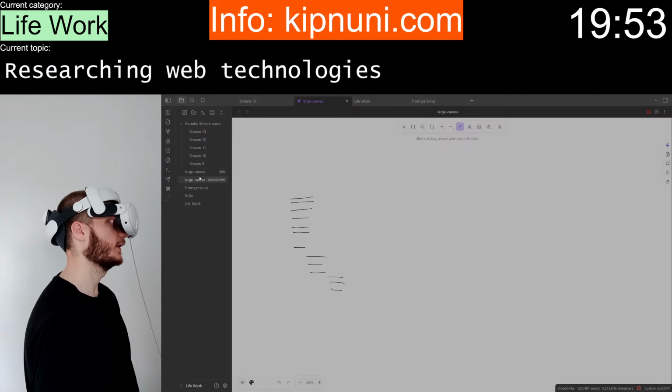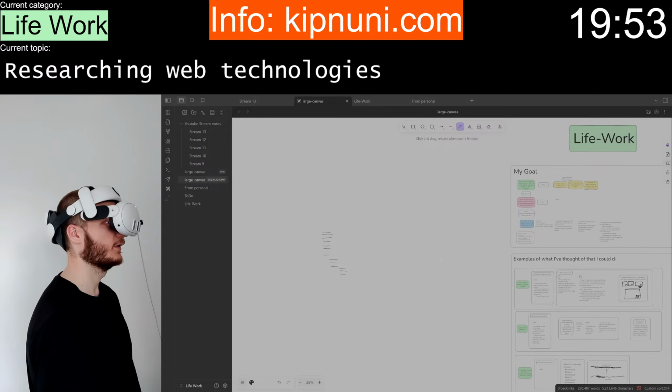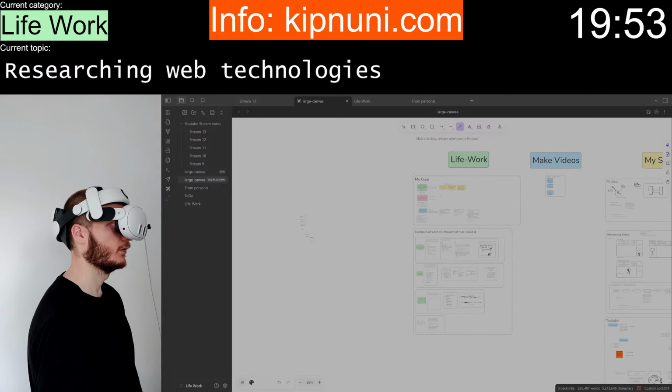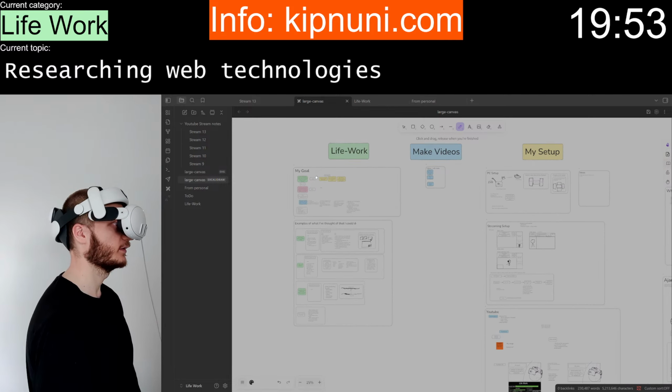How will I create this? Does it matter? No, actually it doesn't matter right now. If I build it here, then I have to move it at some point anyways.